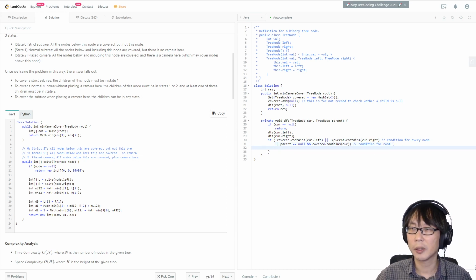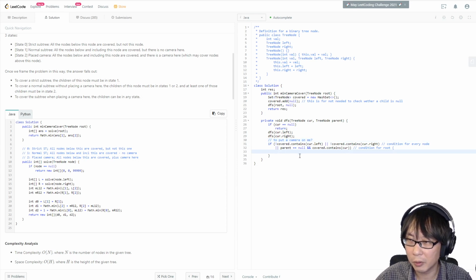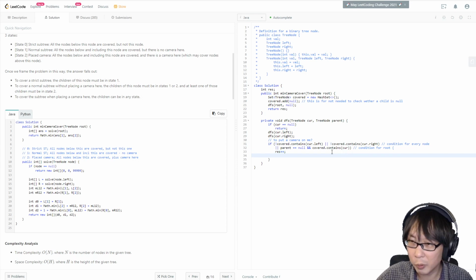Okay, so to put a camera on me, this is to check whether to put a camera on me, right? So if this is true, then we put a camera on me. How? So first we res plus plus because we put a camera on me, right? And then we covered